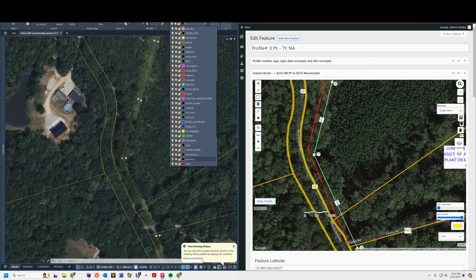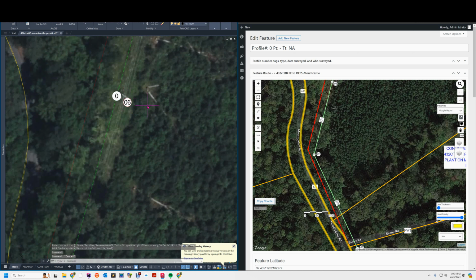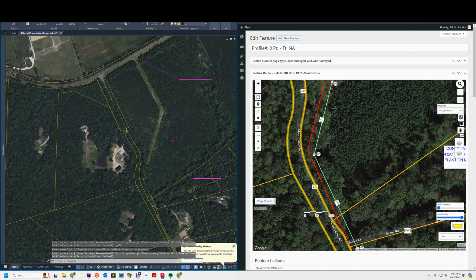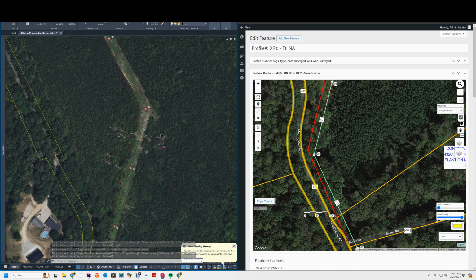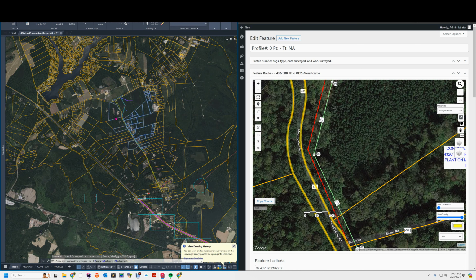Now we're going to go through and turn off some of the layers because those correspond to the tags and other things that we don't really care to have viewable right now. And what I mean is if you have a tag, it's tied to a GPS coordinate, that's going to come out in CAD. It was dropped by the filter. Then we're going to take a look at the